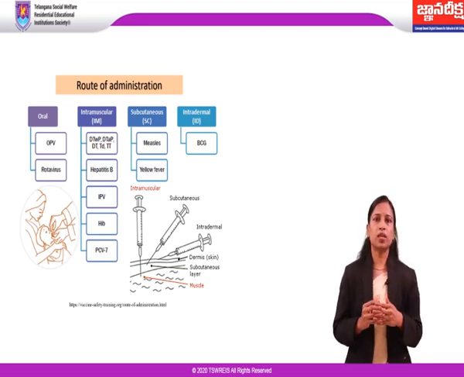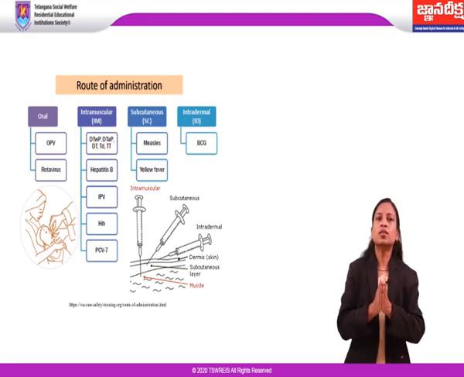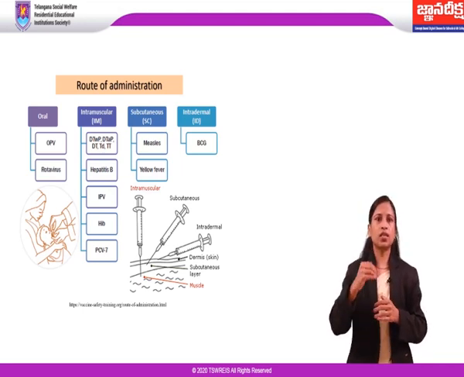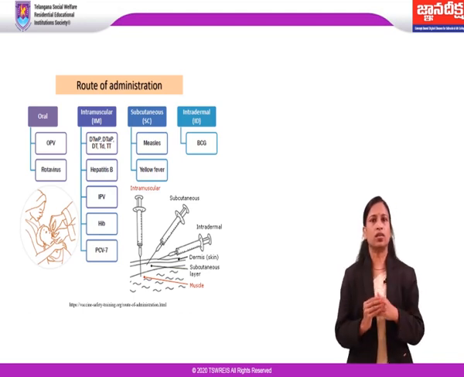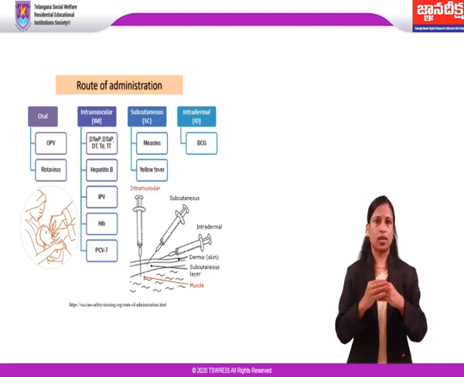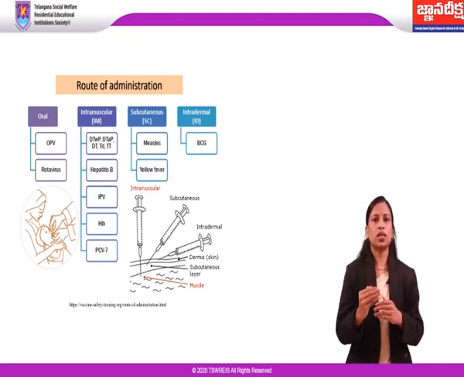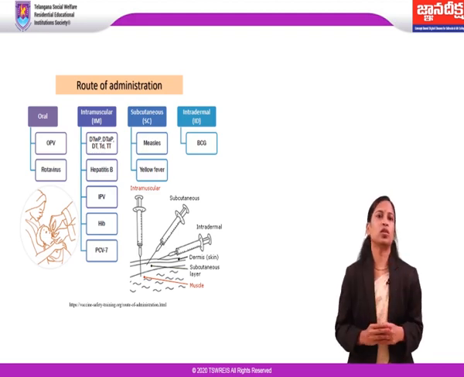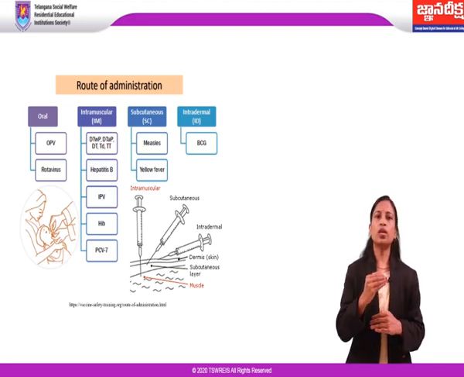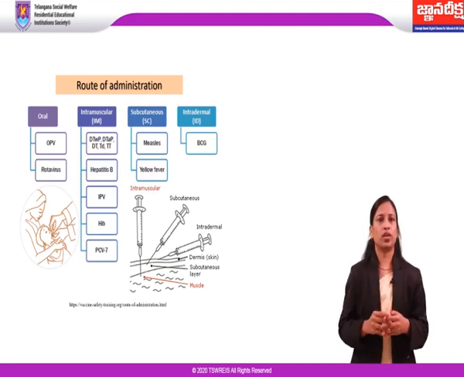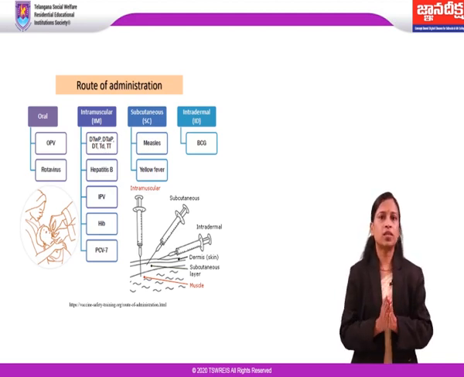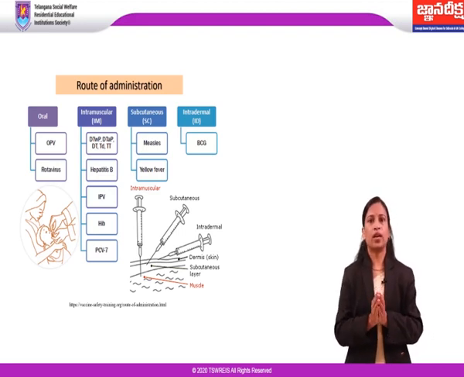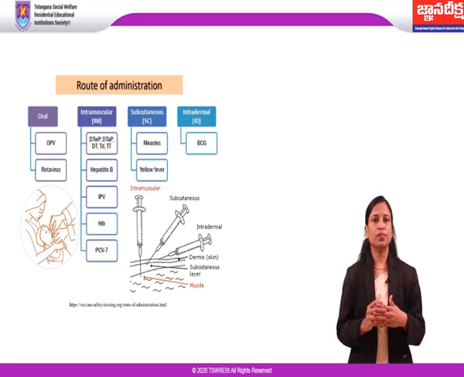Intramuscular injection administers vaccines into the muscle mass. Vaccines containing adjuvant should be injected intramuscularly to reduce adverse local effects. Subcutaneous injection administers the vaccine into the subcutaneous layer, and intradermal injection administers the vaccine in the topmost layer of the skin, whereas oral administration is administered orally. A recent route of administration is intranasal spray, a new vaccine approach.